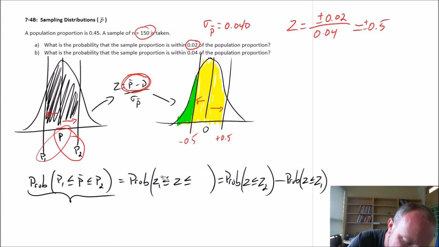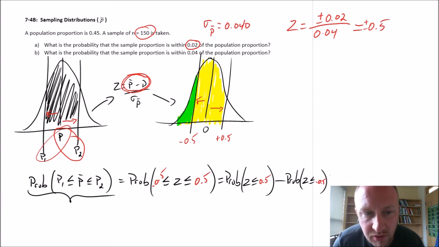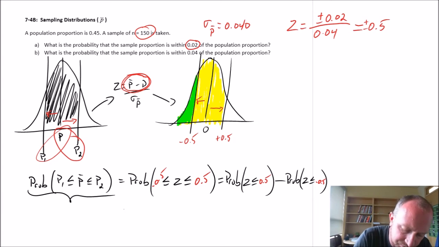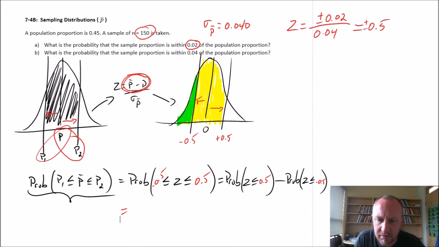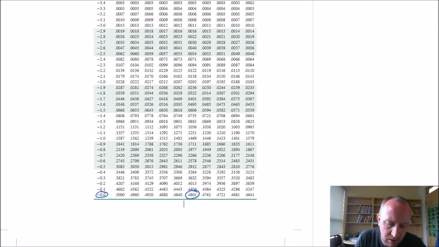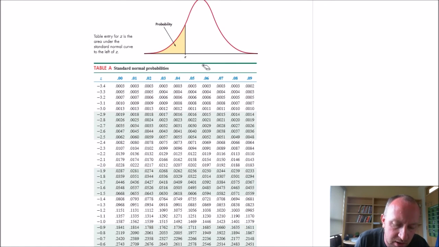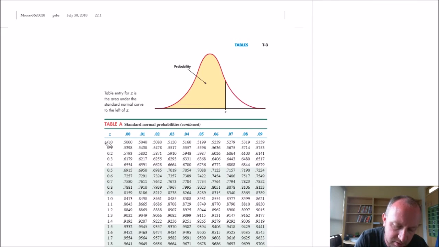And so all of these values, Z1, Z2, here I'm looking at less than 0.5 but greater than negative 0.5. So I need to find these probabilities that correspond with plus or minus 0.5. So let's go to our tables. Let's look up our positive 0.5. So there's positive 0.50,